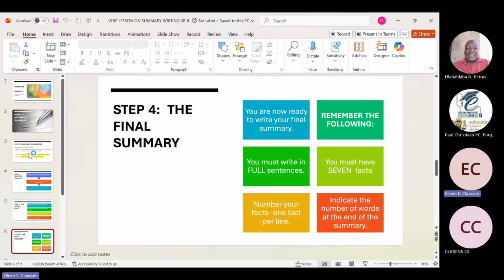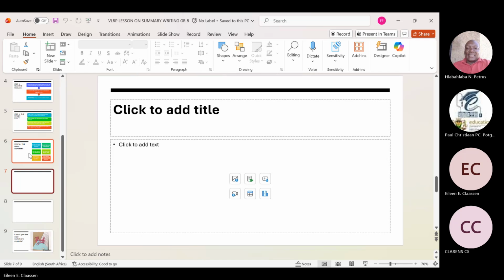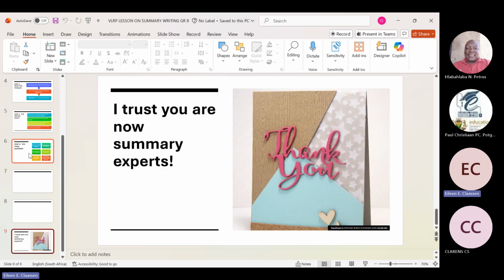But please make sure as well that you have your 7 facts, that you understand what the topic asks of you. And do the rough planning. Write down the facts that you have, change them, and then when you come to your final, you've done everything else. Now you must only go and take them together, number them, and write them out neatly. Right, sorry, I did the wrong one there. That is basically a summary.